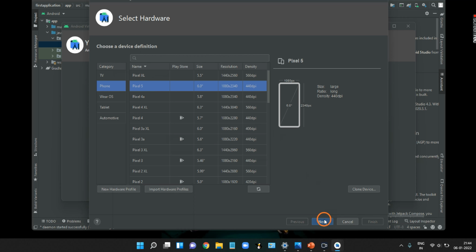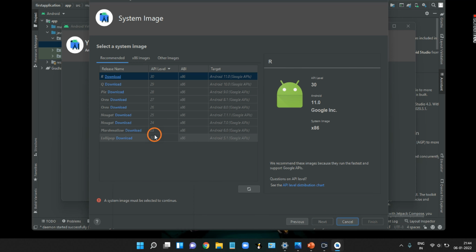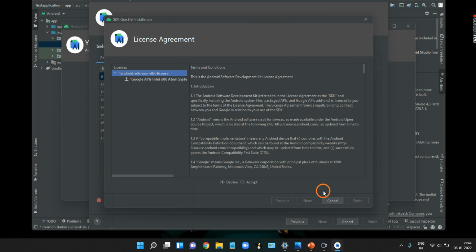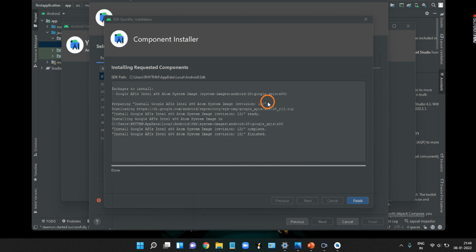After that click on next, and here you can download any one of these. I'll be downloading the Pie. Accept, next. Once you're done with all this component installer thing, just click on finish.